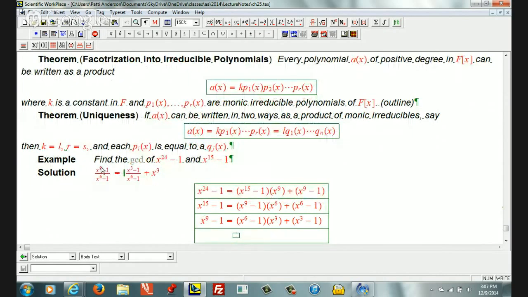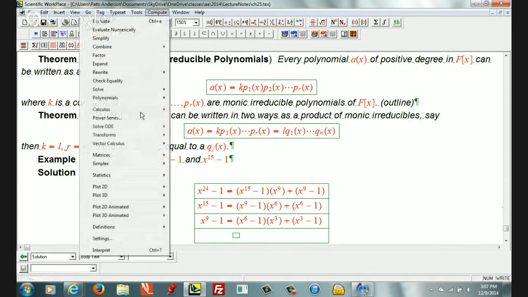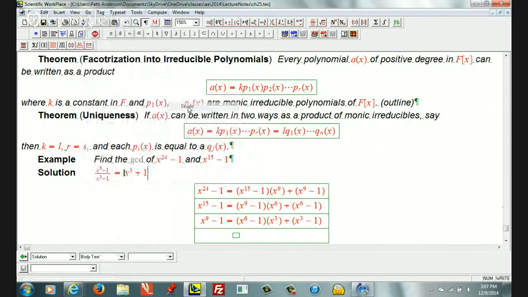This becomes an x to the 6, and this becomes an x cubed. Polynomial division, so then that becomes x cubed plus 1. So we have x to the 6 minus 1 is equal to x cubed minus 1 times x cubed plus 1